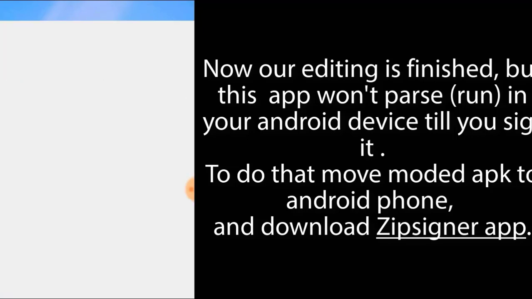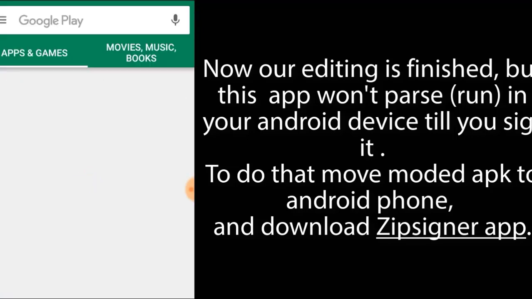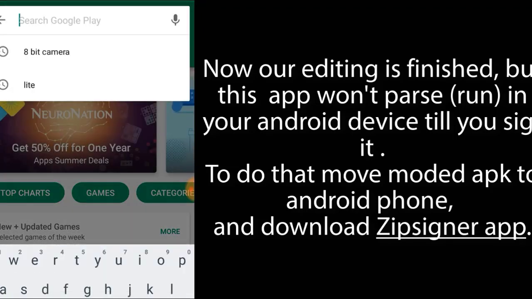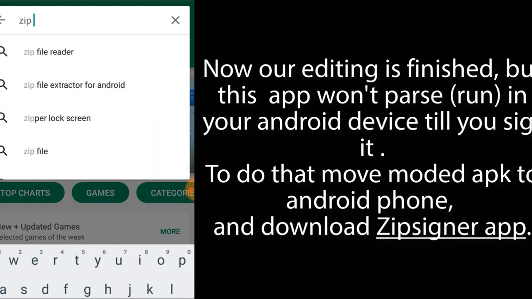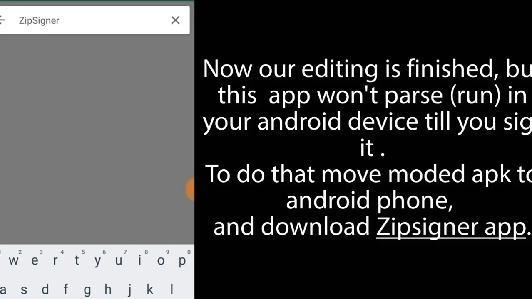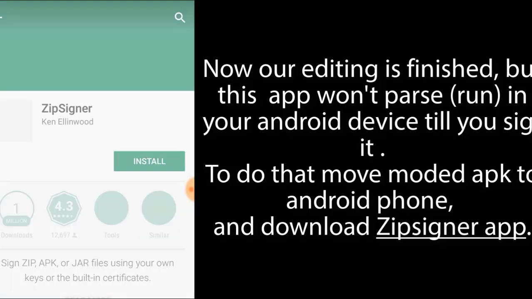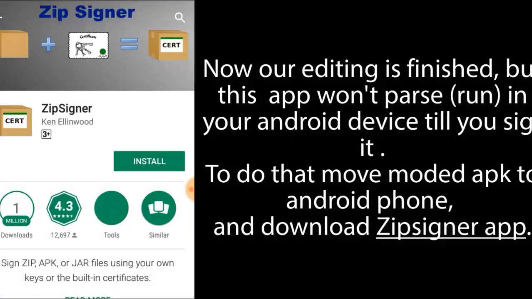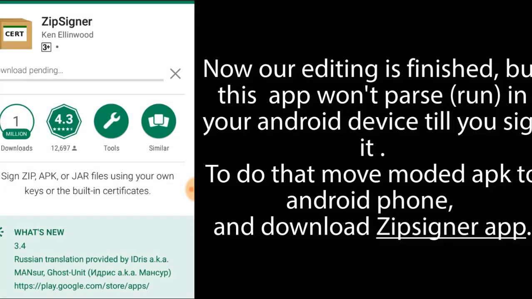Now we sign our edited APK file with the Zip Signer app. Without signing the Android app, you can't install it on your Android device. To do that, install Zip Signer from Play Store.